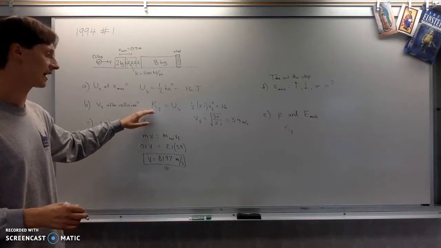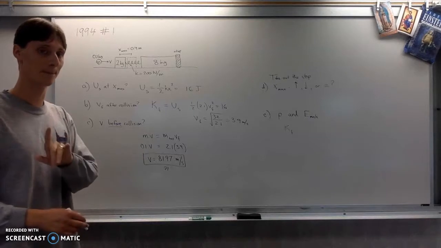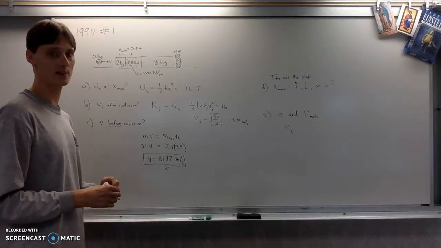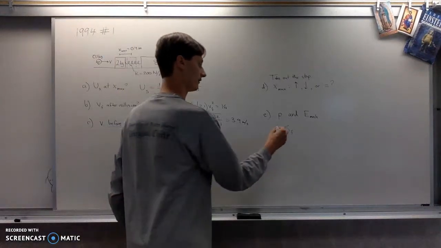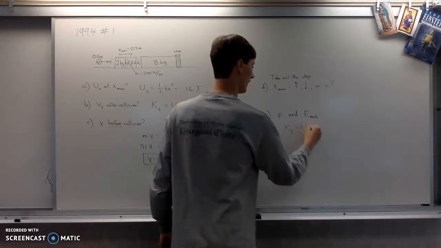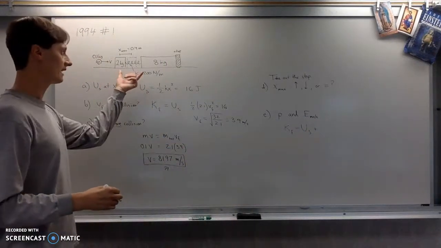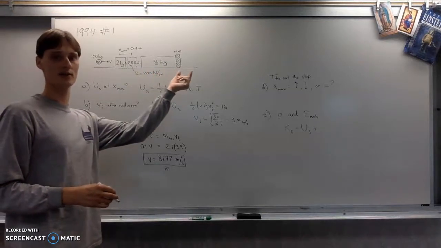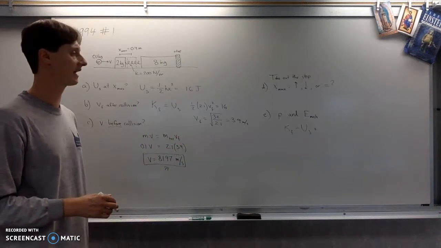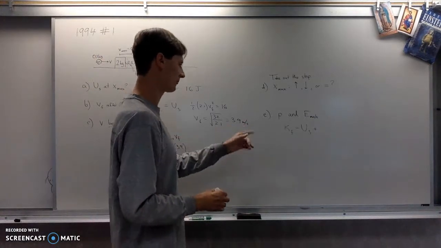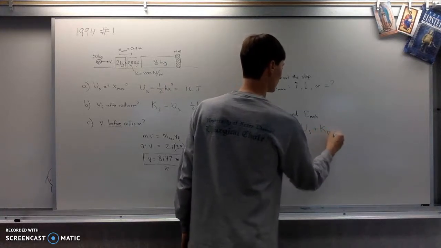If you worked it out, the final kinetic energy after the collision will still be 16 joules, but it will be divided up into elastic potential energy in the spring and the kinetic energy of the system as those two blocks move along together, however briefly they happen to be moving at the same speed. Awkwardly, I'm calling both of those things K final, so this is like K super final,